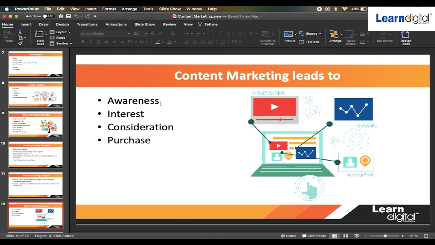Now, what does content marketing lead to? Awareness. That's the most important part. Of course, if the awareness is there, then interest is definitely going to play a key role. And consideration is where you can win or lose a customer, because your product or your organization is not the only one in the market, right? So if they make a wise decision under your interest, then definitely it is going to lead to a purchase. And I would not just say a purchase, but this client of yours is going to be a loyal customer. That's what content marketing